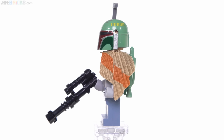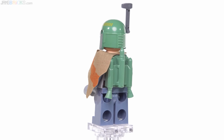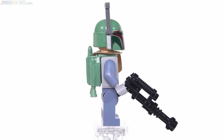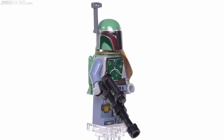The lines are mostly crisp. I love the 2-colored cloth piece there. The use of the sand green and sand blue, of course, is excellent. But this one is missing arm printing. They've done arm printing for this character, and I believe, I could be wrong on this, but I'm fairly confident